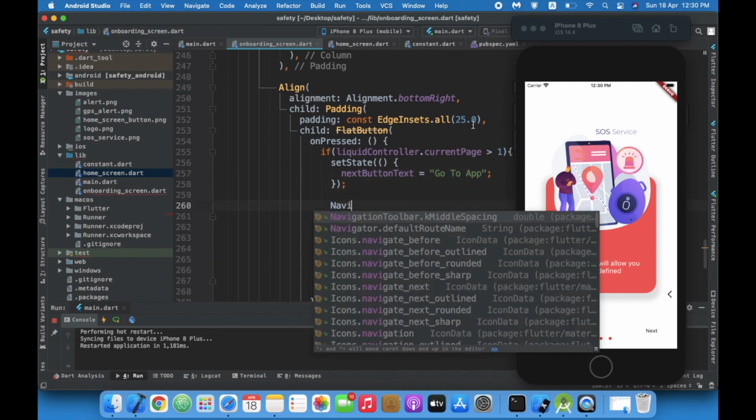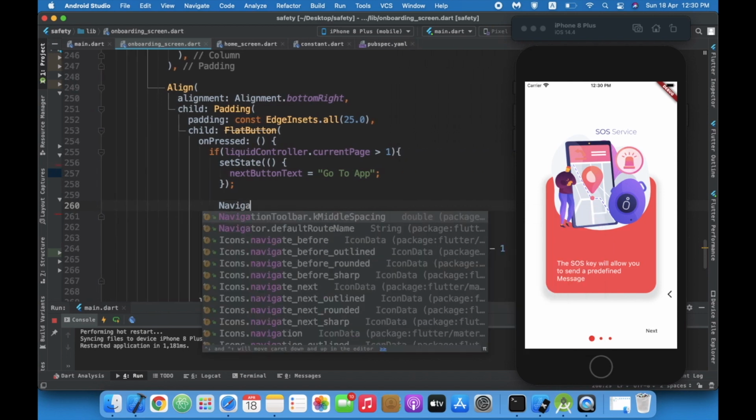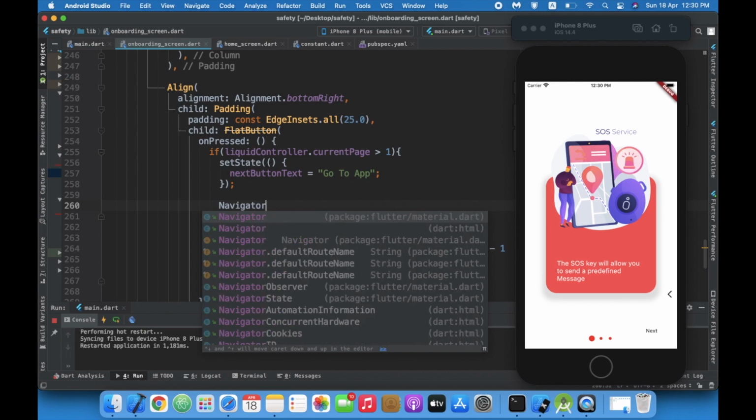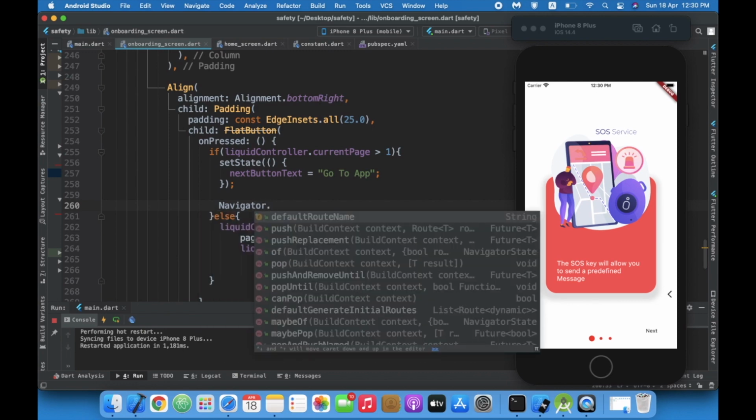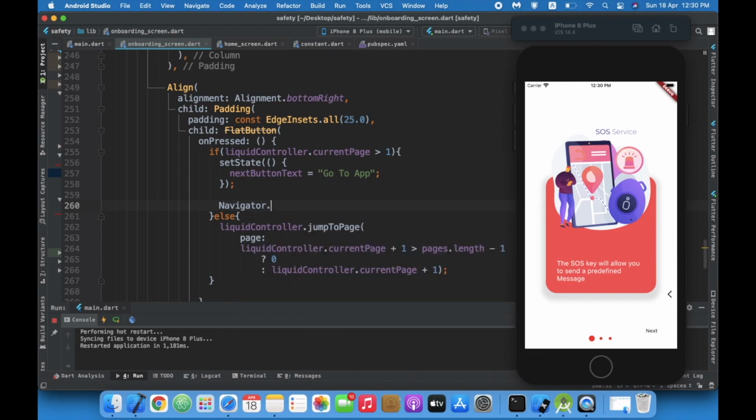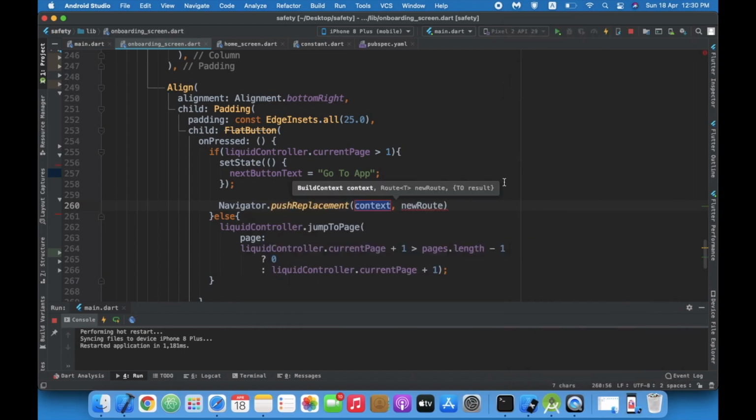And we are going to use push replacement because once the user has been logged in, we don't want the user to come back. Okay, so context, the route will be